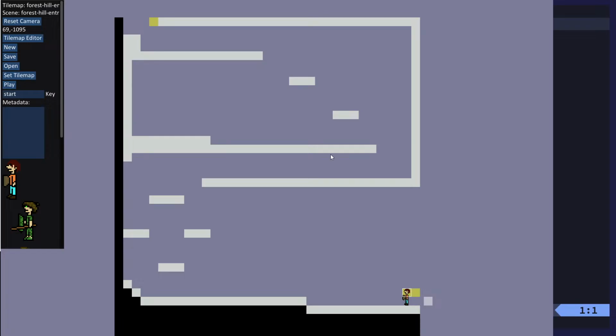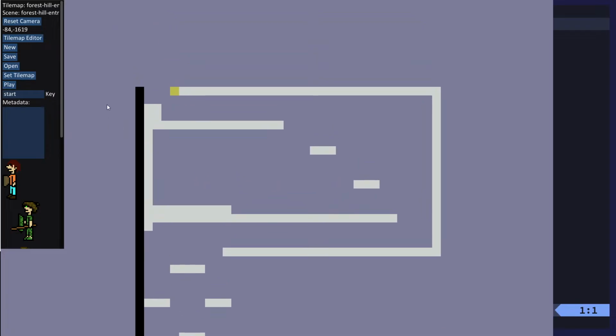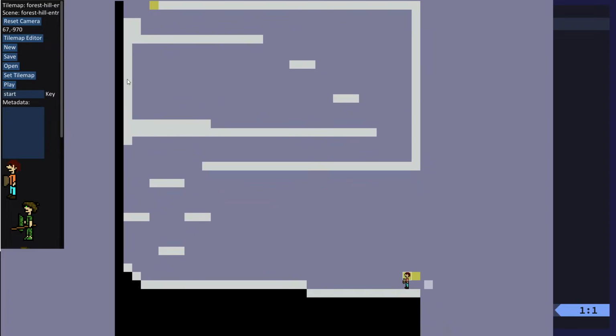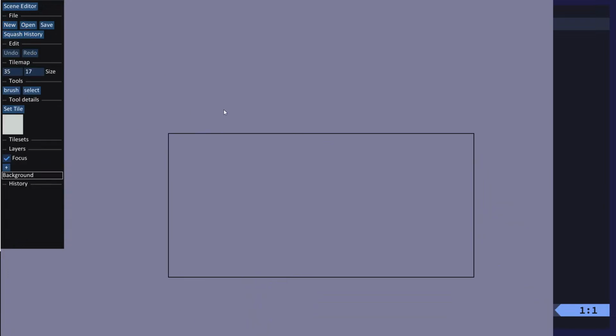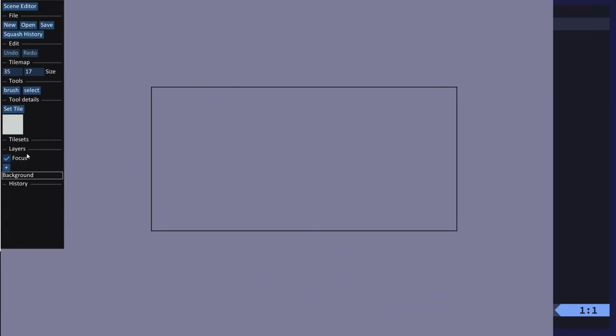Yeah. Oh, we can actually jump up here as well. But we'll make an exit there. But now we want to make a new tile map. Like make a new thing there, new thing here. Okay, so now